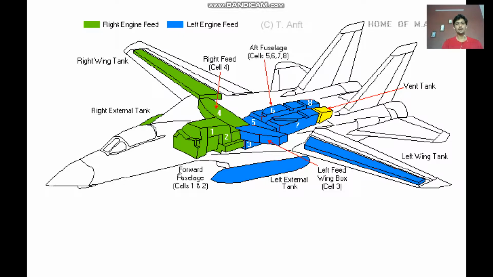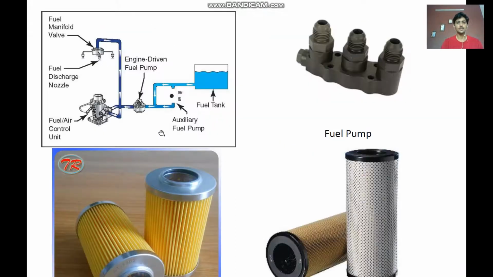So in that particular scenario, the tank size is relatively small compared to a commercial aircraft. For that reason, there are some external tanks as well here. On the right side, we have one external tank, as well as on the left side, we have one external tank. So this is an additional fuel tank in the fuel system. Now, how exactly does the fuel system work?